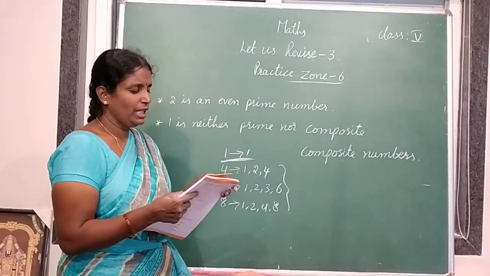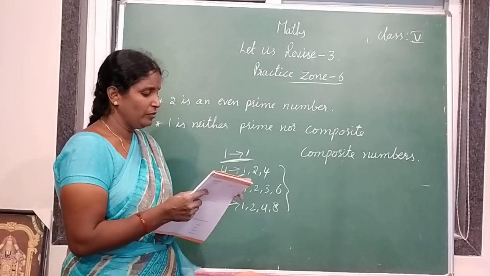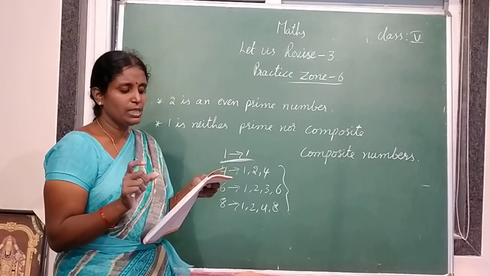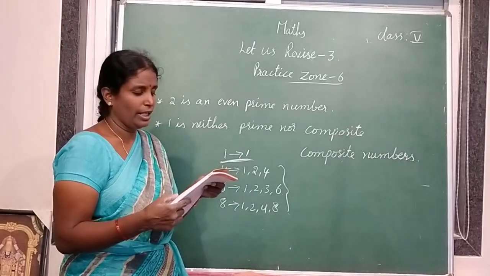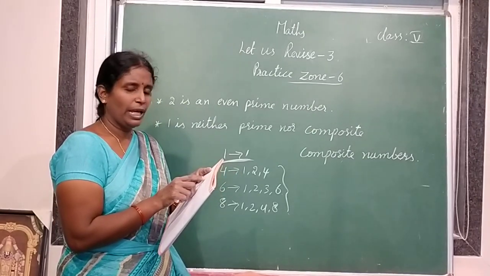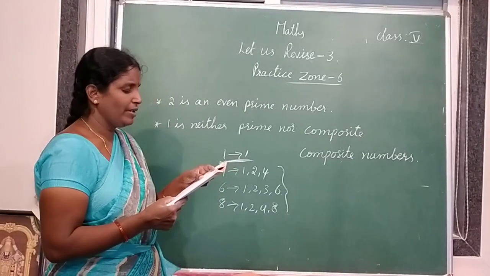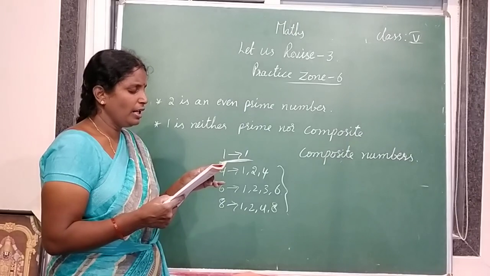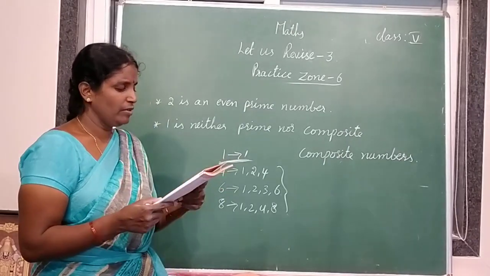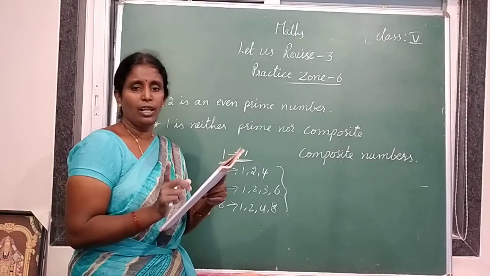So find out how many even numbers are there and write. Next, total number of odd numbers between 20 and 40 is 10. So find the number of odd numbers between 20 and 40. Next, 21 is a prime number. So check whether it is prime or composite. Next, 11,986 is an even number. So is it even or odd? Write down true or false. Next, 98,743 is an odd number. So find out and write whether it is an even or odd number.